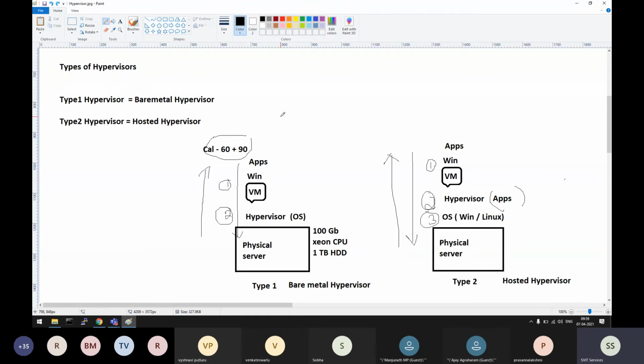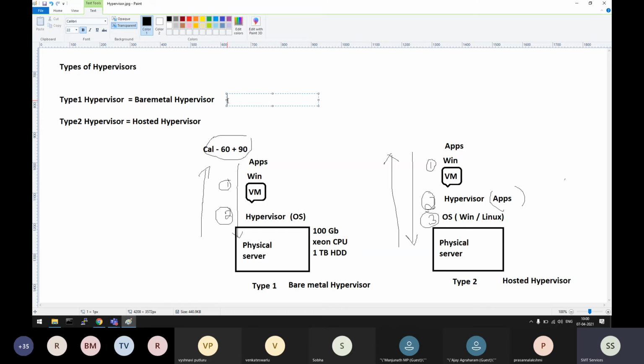Examples. Type 1 hypervisor, we know it's ESX, which is outdated long back, then ESXi, and there is a controversy about Hyper-V, but we don't want to enter into controversy. We consider it as type 1.